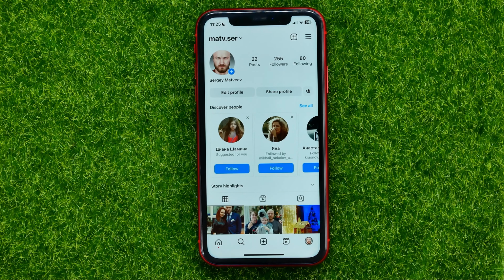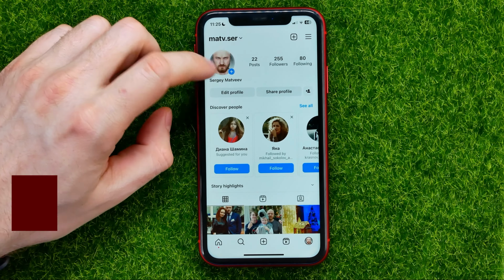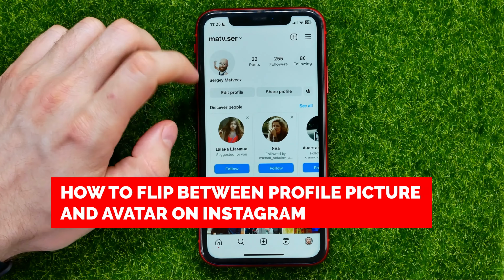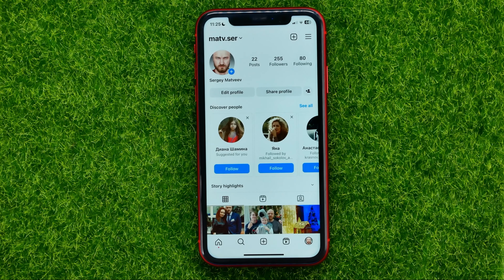In this video, I'm going to show you how you can easily flip between your main profile picture and your avatar on Instagram. Be sure to watch the video to the very end so you don't make any mistakes,